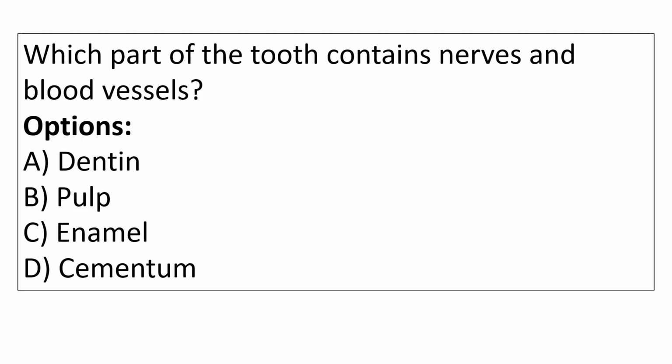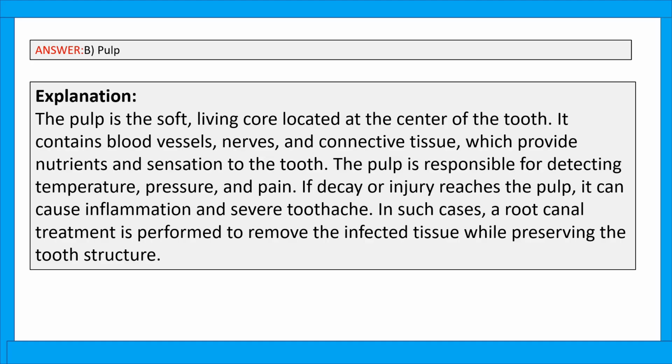Which part of the tooth contains nerves and blood vessels? Option A, dentin. Option B, bulb. Option C, enamel. Option D, cementum. The right answer is option B, bulb. Bulb is a soft,